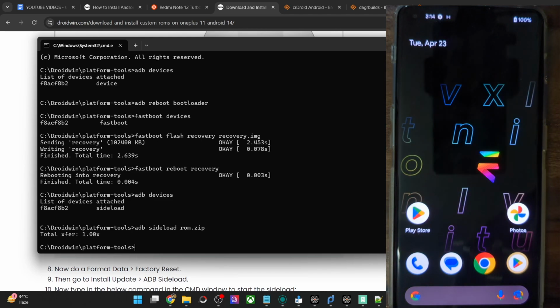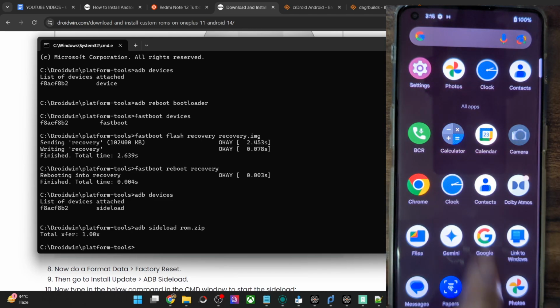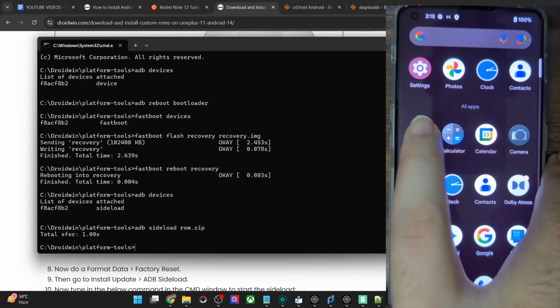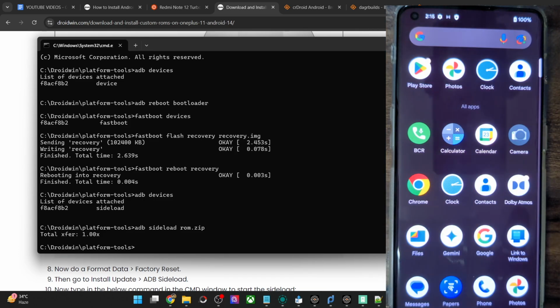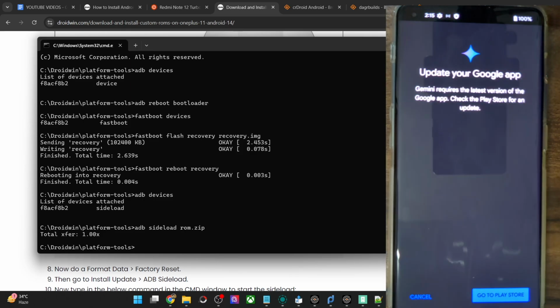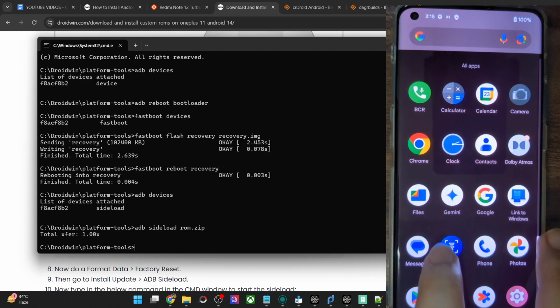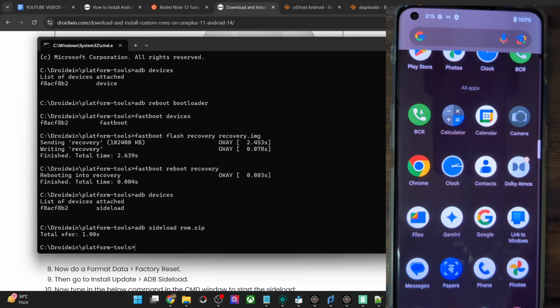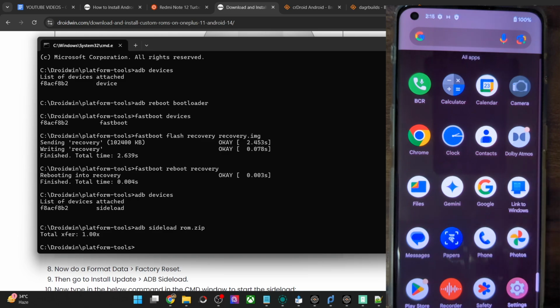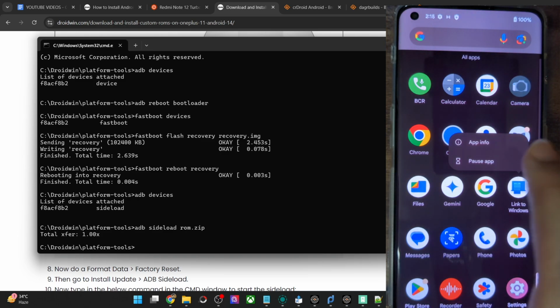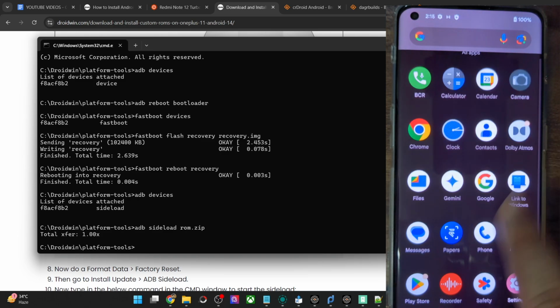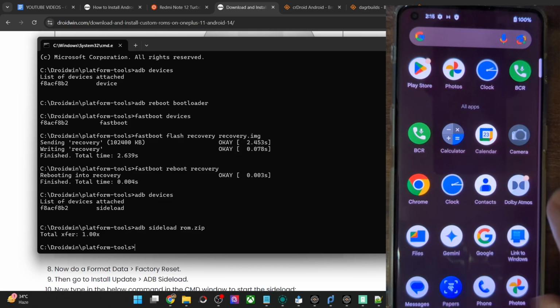As you might be aware, the ROM already has the GApps packages, so you don't have to install any Google apps. Moreover, it has a couple of pre-installed apps as well. BCR is for automatic call recording. Then apart from that, you even get the Google Gemini app, the AI app. That's quite strange to see. Then you have the Evolution Wallpapers app, Dolby Atmos for the audio enhancement, and the Link to Windows, which I take it as a bloatware app because hardly anyone will use it, I guess, but that's just me and my personal opinion.